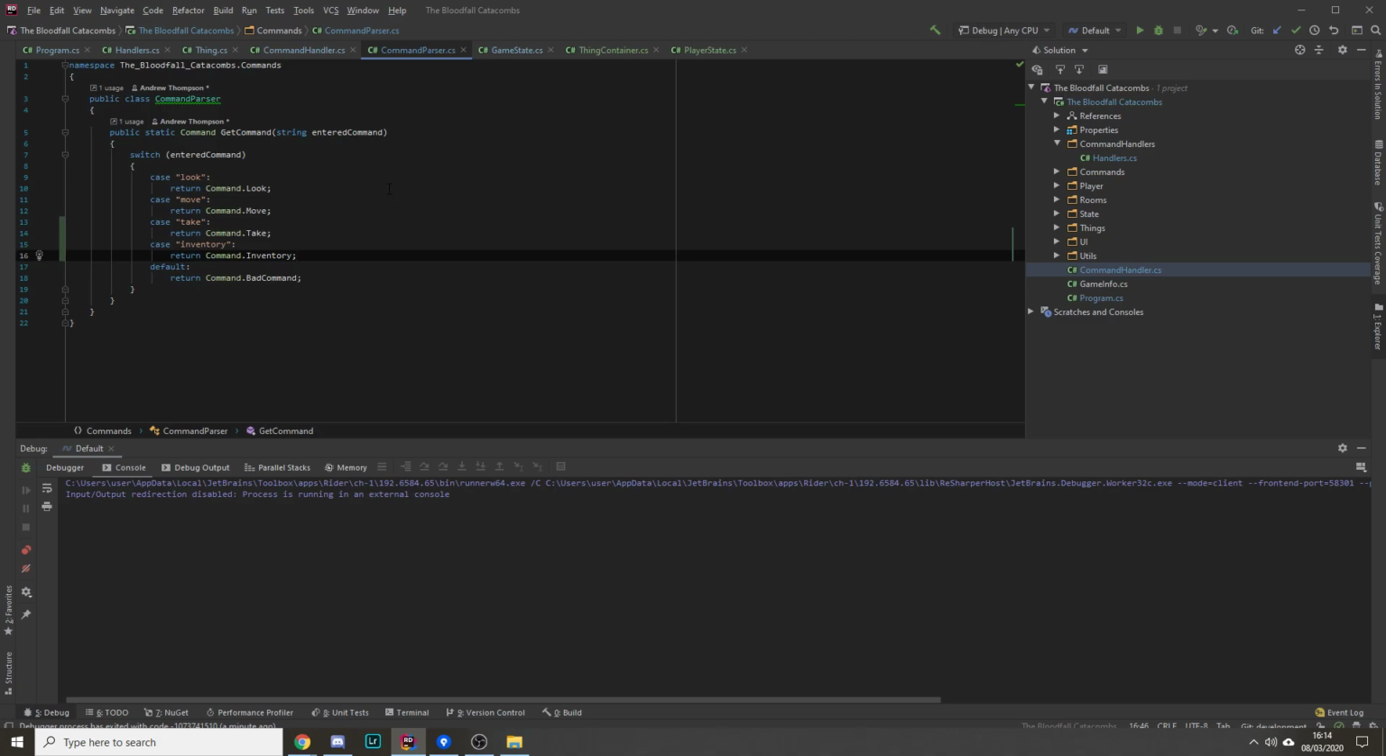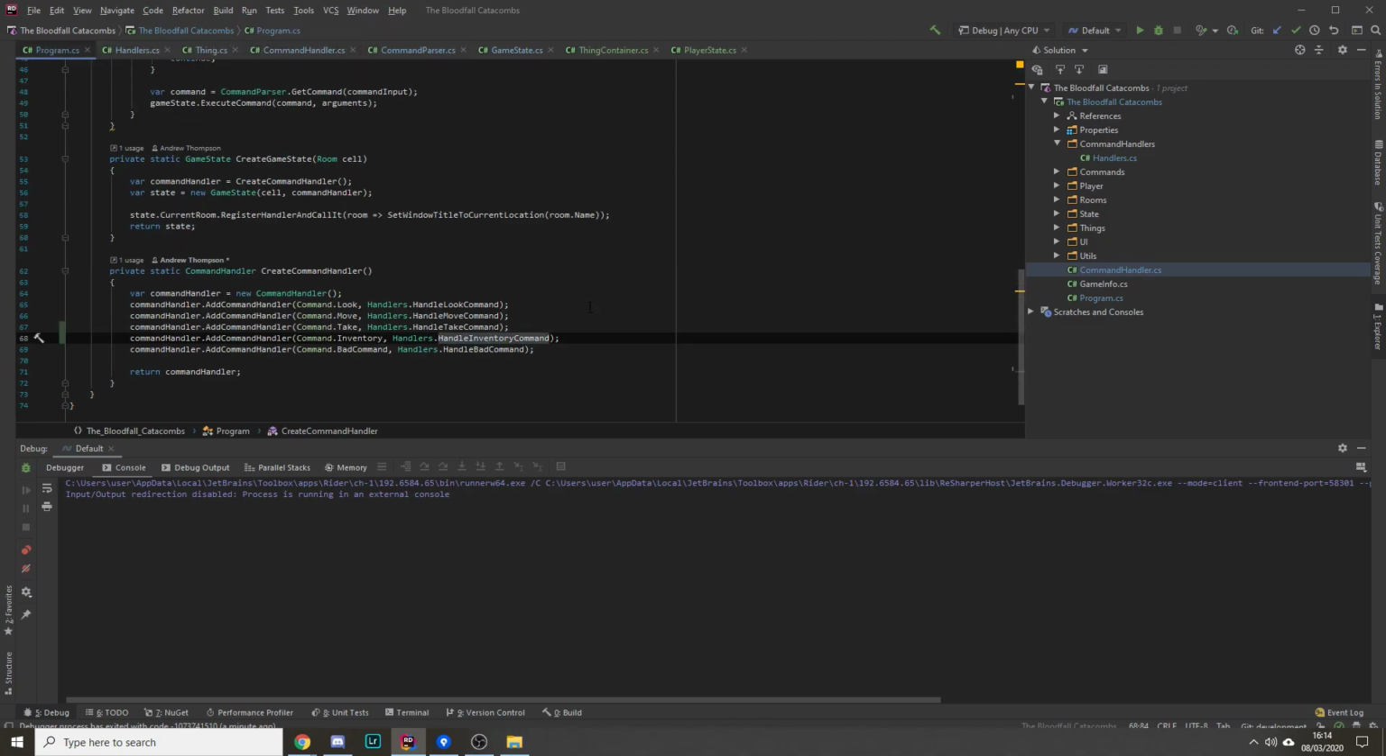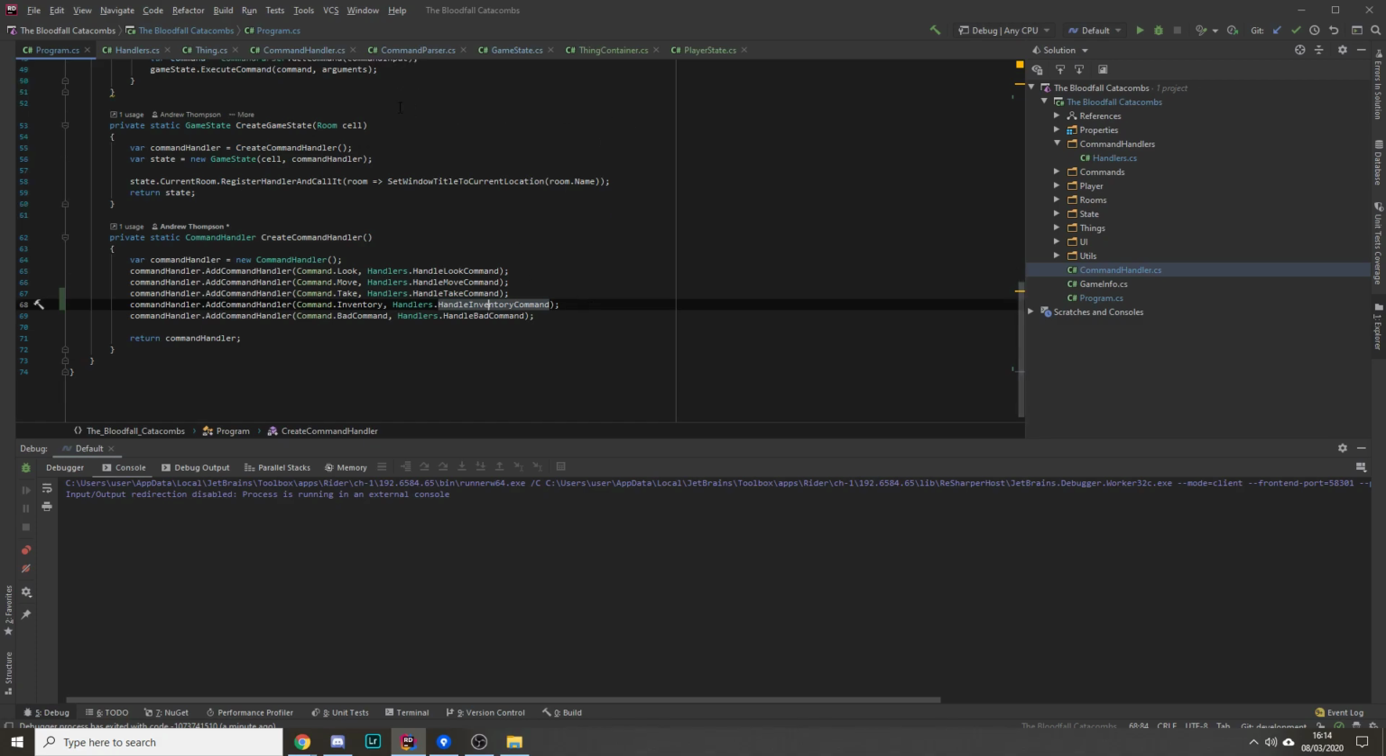There's probably something we can do to address this problem. Also, there's going to be another issue which we're going to see soon, maybe in the next video, which will cause us to have a look at how the command parser's working and what it's doing. Okay, so now all we need to do is write the handler for